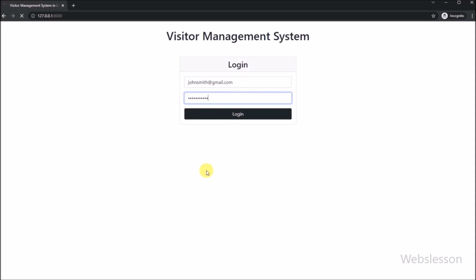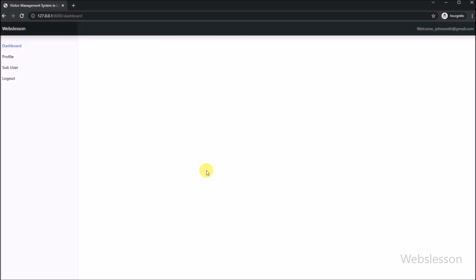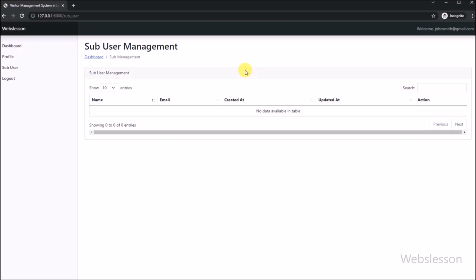And after this, we have to click on the login button, and here the admin has been redirected to the dashboard page. Here at the right side, we can see the dashboard, sub-user, profile and logout links. Now we have to click on the sub-user link, so after clicking on the sub-user link, here the sub-user page has been loaded in the browser, and here we can see that